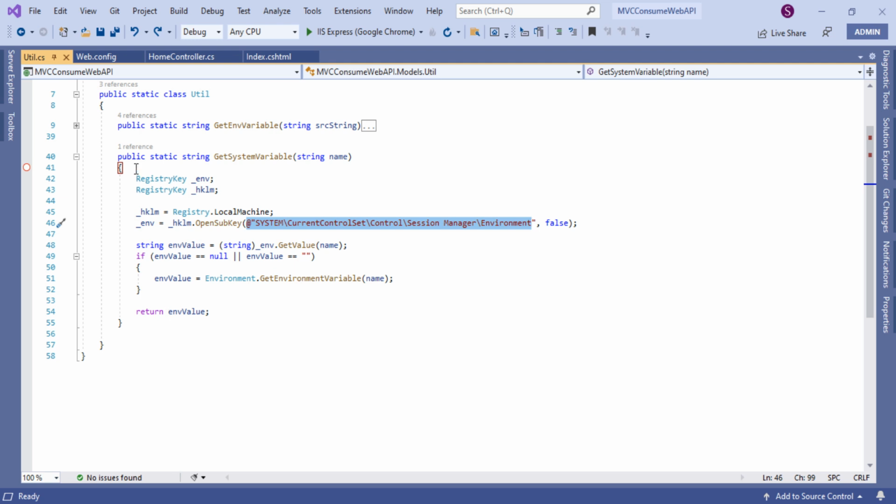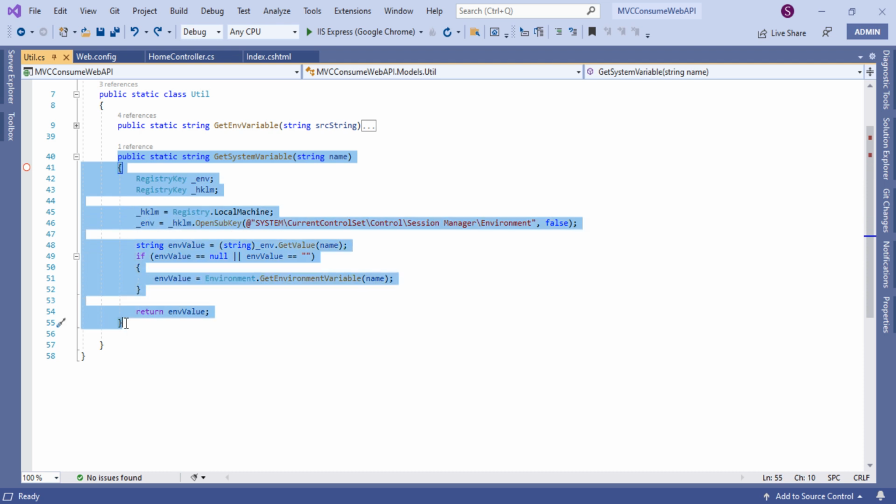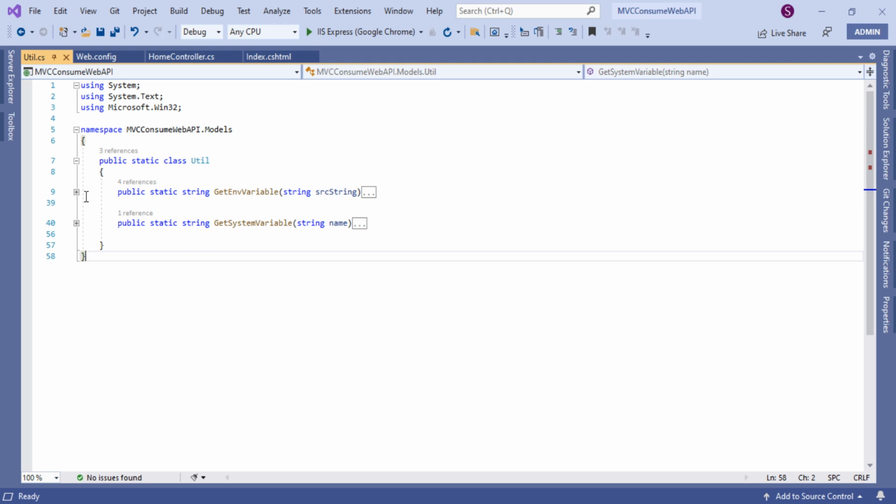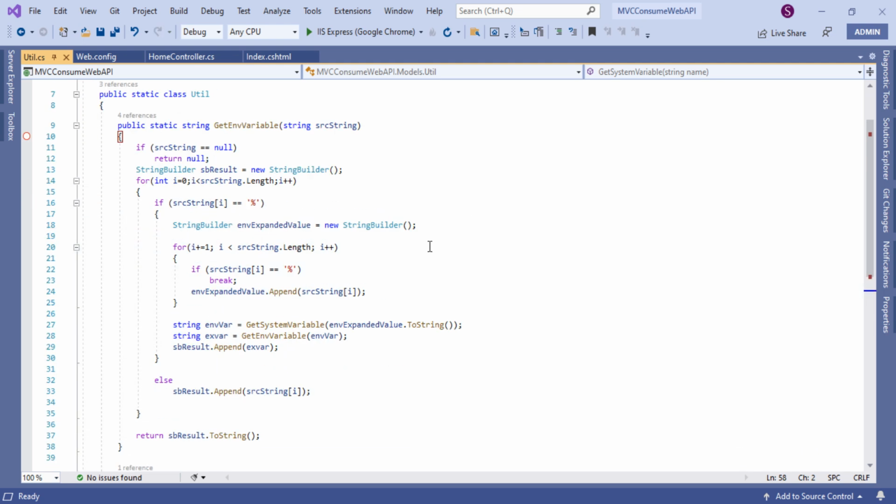Okay, so this is all about the method, and it will return this environment value. And this is the code for this method, get system variable. So I close this and expand the other method, that is get env variable. So guys, in this method I have passed one parameter, src string, and initially it will